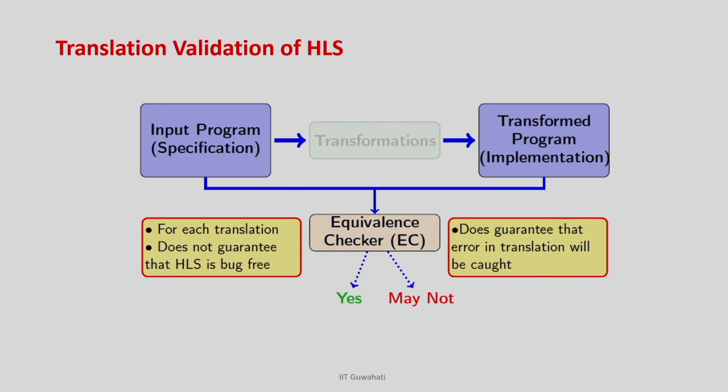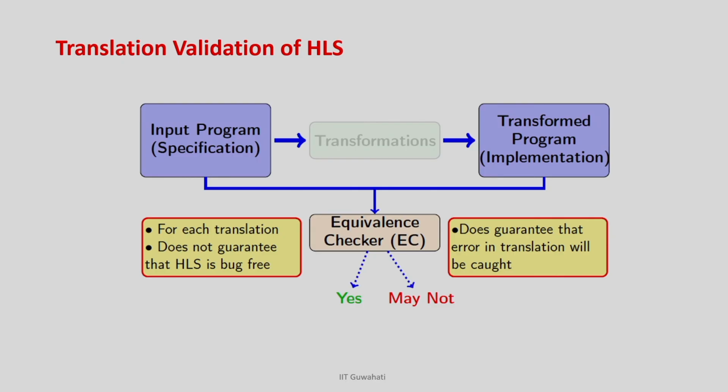One is simulation based verification and one is formal method based verification. For formal method based verification, we already discussed in the last class that translation validation is very popularly used for high level synthesis. In translation validation, we basically take one input program, run it through high level synthesis, get an RTL, and then check the equivalence between them, right. And inherently this equivalence problem is undecidable.